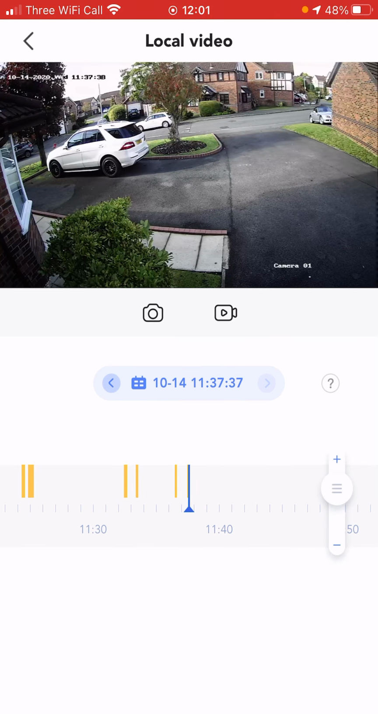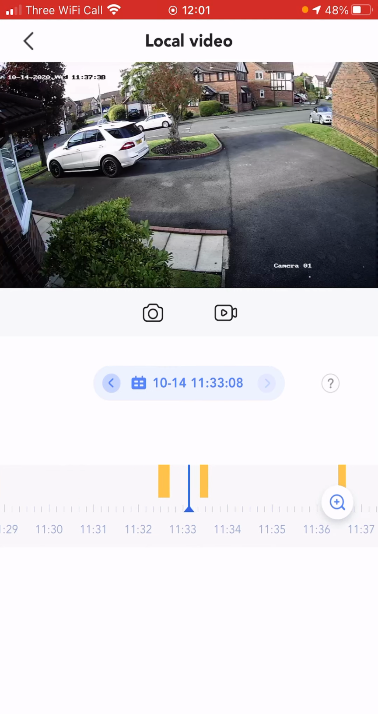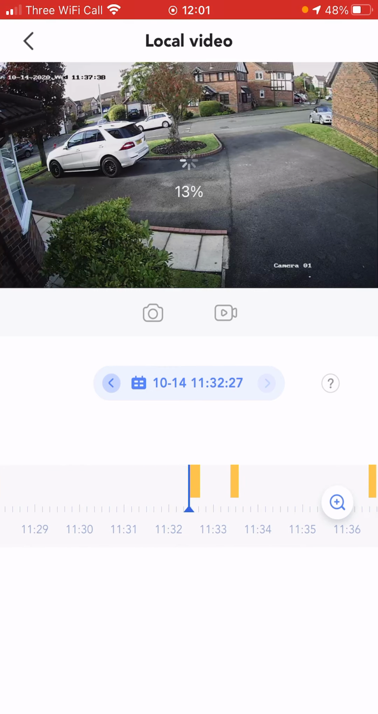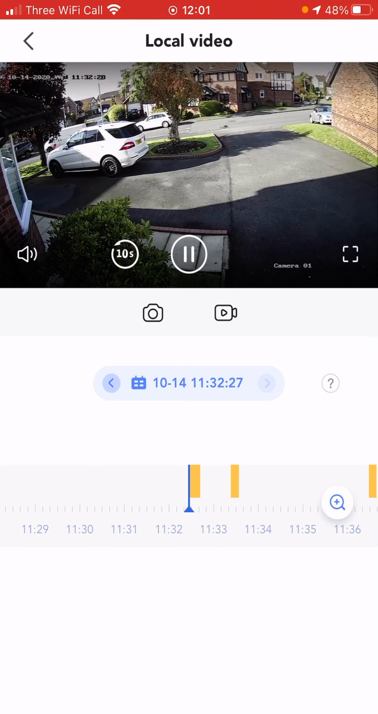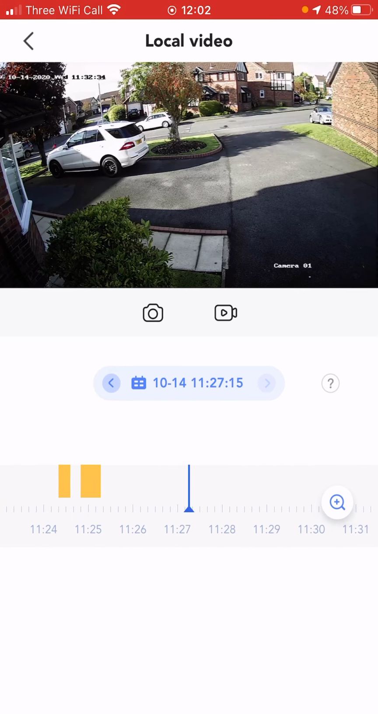You can use the plus little slider to zoom in and out and be more accurate on what you're looking at. The thicker the bar, the longer that they were there, or the longer somebody was moving within the image. Now, if you want to view a different day, because this time bar goes from midnight to midnight